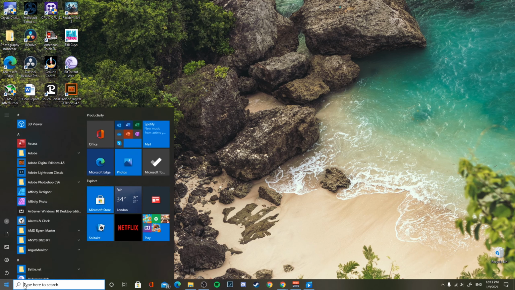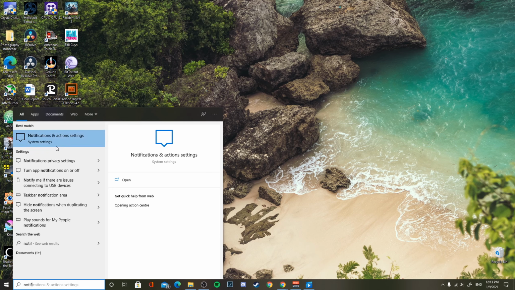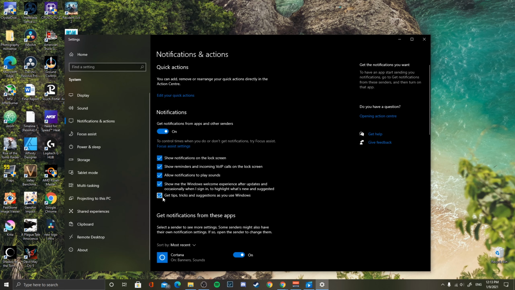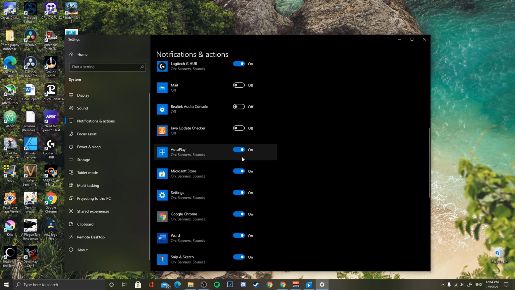So what you can do is search notification in the startup bar, and you can disable get tips and tricks and suggestions as you use Windows. Or if you don't want any notifications at all, just disable the whole thing. What you can also do is go down and deselect any of the applications which you don't want notifications from. For example, I don't want Mail, Cortana, that,